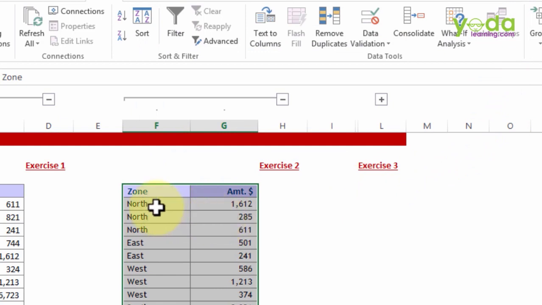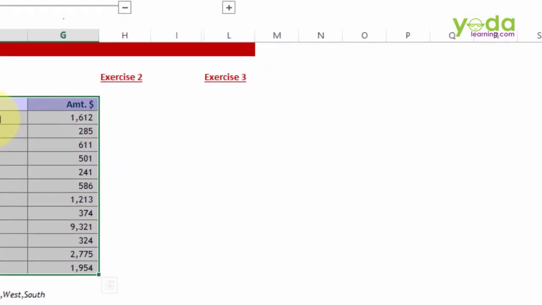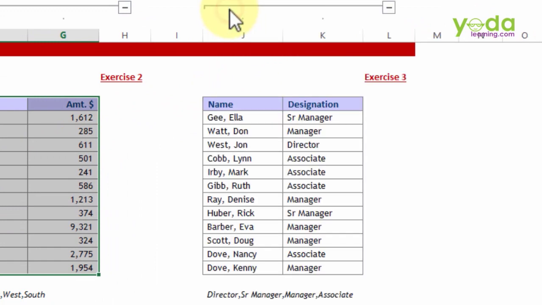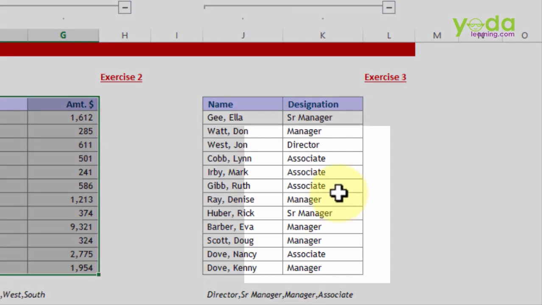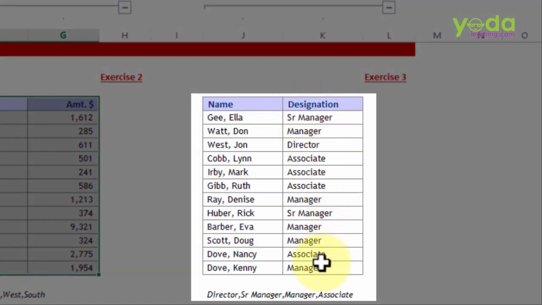This is neither alphabetical order or reverse alphabetical order. In fact, it is in exact sequence you had wanted. And I've seen people use this on occasions where they might have to sort the list based on designation. For example, in a company, I want when the data gets sorted, maybe the director is first, followed by senior manager, then manager, and then finally associate.